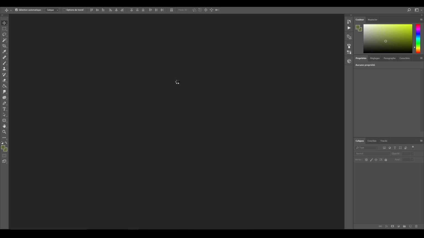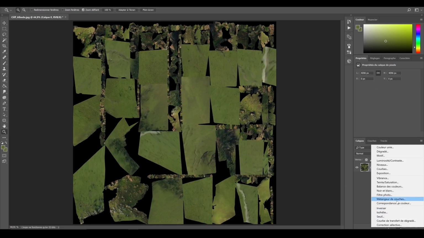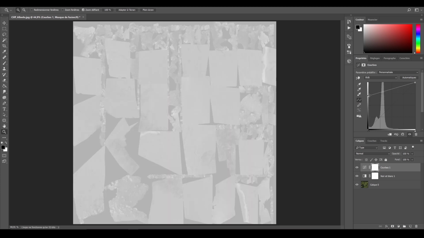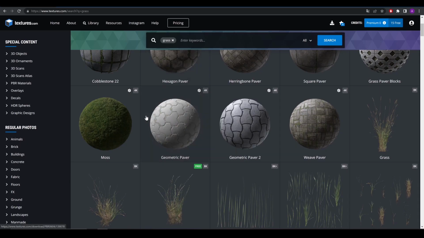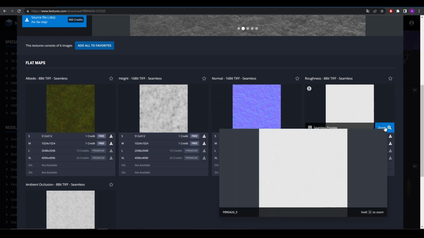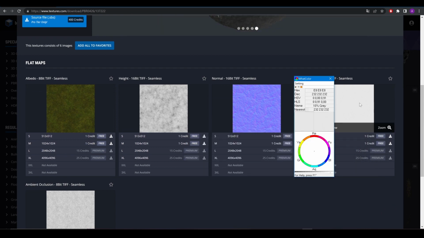The roughness map is a lot more straightforward. In Photoshop, I'm adding a black and white adjustment layer and a curves adjustment. So the whiter the map is, the rougher it will appear. But instead of guessing which exact white values we should aim for, let's simply check out some mouse textures on textures.com and sample the values on the roughness map preview. We see that the color has a hex value close to E8E8E8, so we should aim for a value close to